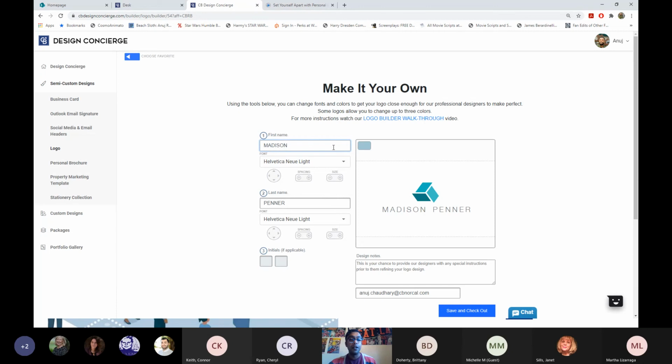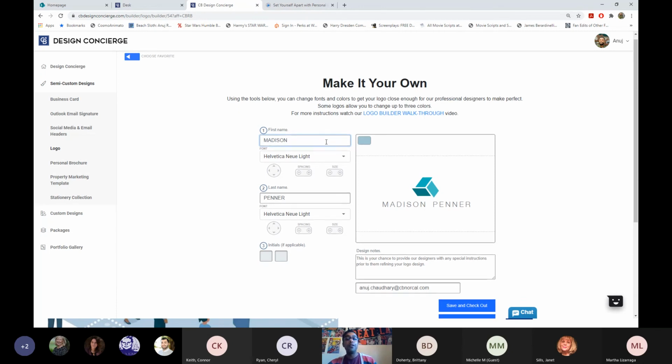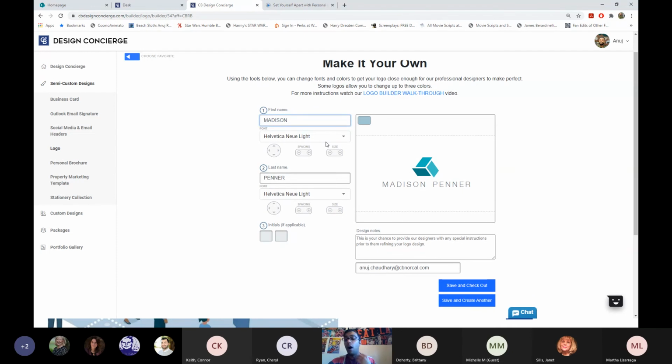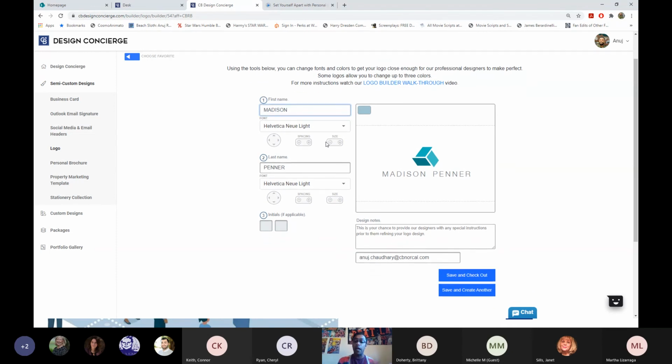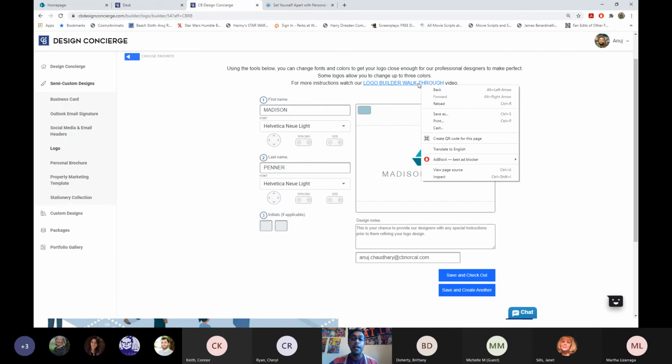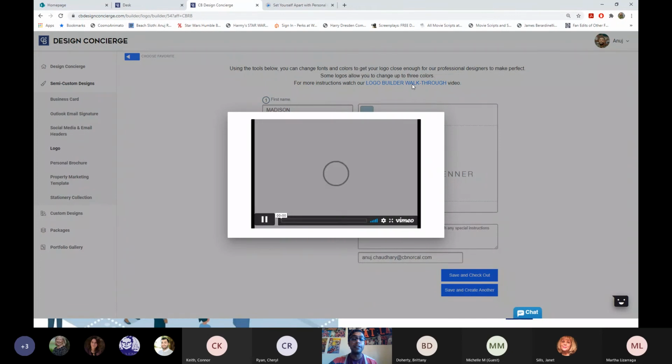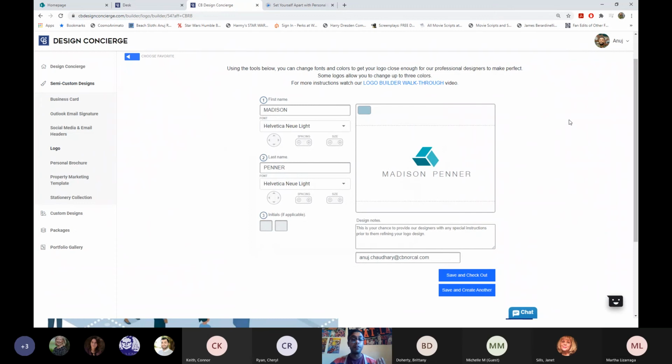So I'm going to go in here, and this editor is where you can work through a semi-custom logo on your own. So if you don't want to use the entire custom side that we're going to talk about in just a minute, you can go through this process and build something that you feel expresses you and is a great visual representation of your brand, and do it all on a great budget. There's an entire walkthrough video that you'll be able to view here, but you guys have the option of being in this class. So all you would do is type in